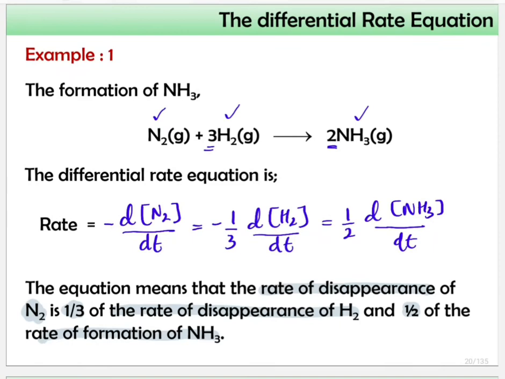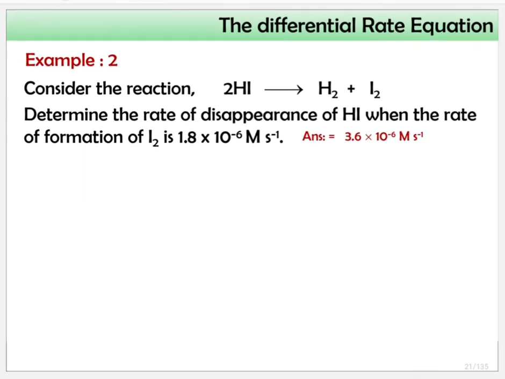So now kita tengok lagi example. Untuk yang ni saya akan tunjuk macam mana kita nak kira the calculation involving differential rate equation. So for example 2, please buat bersama-sama dengan saya. Kita ada HI decompose to H2 and I2. So, apa yang soalan nak? Determine the rate of disappearance for HI. Jadi kita nak cari the rate of disappearance of HI when the rate of formation of I2